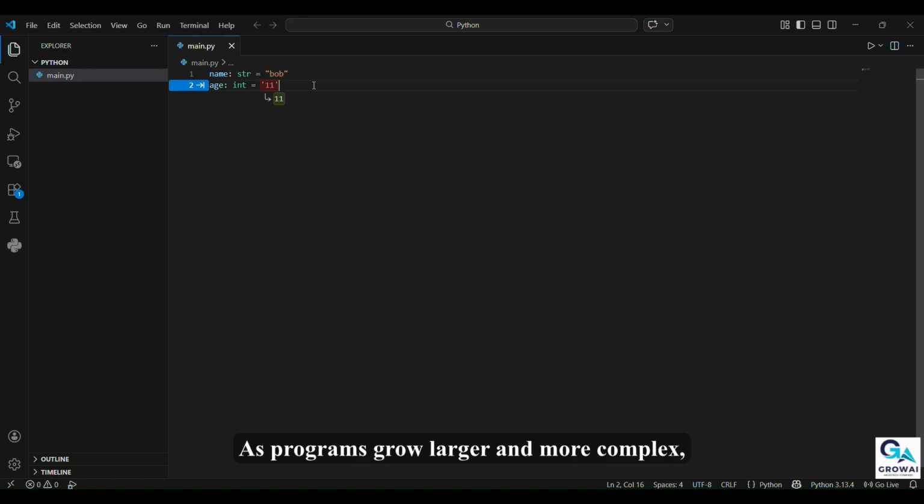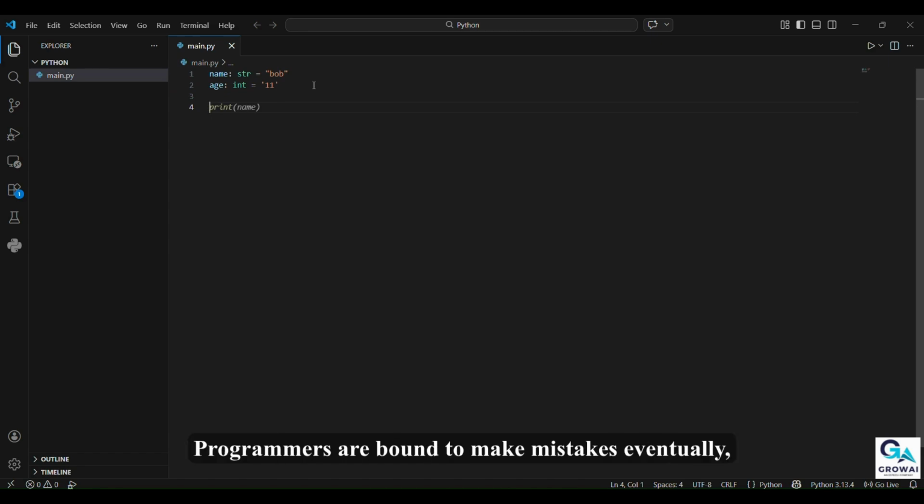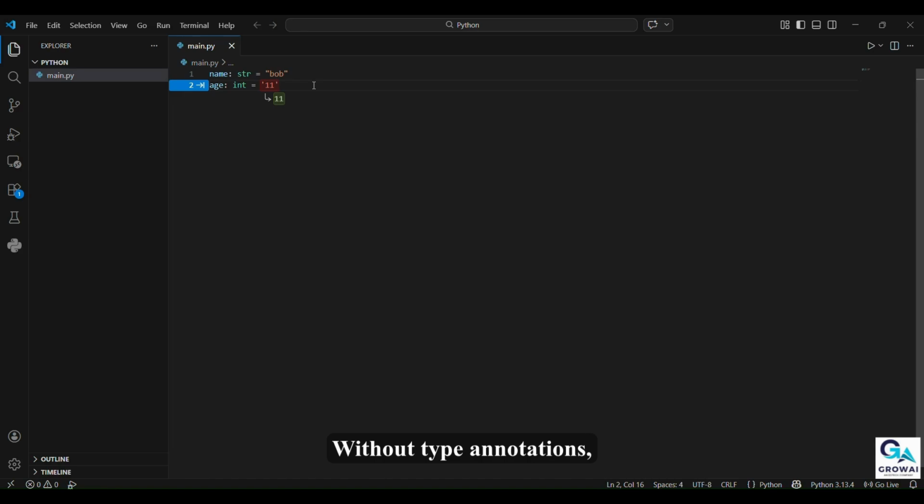As programs grow larger and more complex, these warnings become very helpful. Programmers are bound to make mistakes eventually, whether because they are tired, distracted, or simply overlooked something. Type annotations help catch these mistakes early. Without type annotations, the editor would not know what type we intended to use, so it would not give us